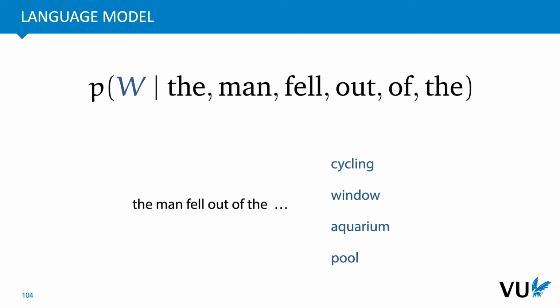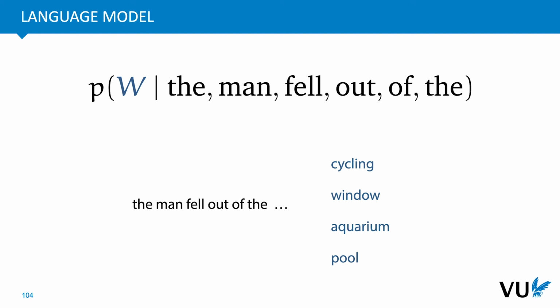So a language model needs to have a certain kind of grasp of semantics and common sense in order to know that a window is much easier to fall out of than an aquarium, and it's much more likely that people fall out of windows than out of aquariums. And if it's a particularly sophisticated language model, then it can even tell you that a person is more likely to fall out of an aquarium than out of a pool, even though both are so unlikely that these things have never been mentioned before in the corpus, that the model has never seen something like this described in the